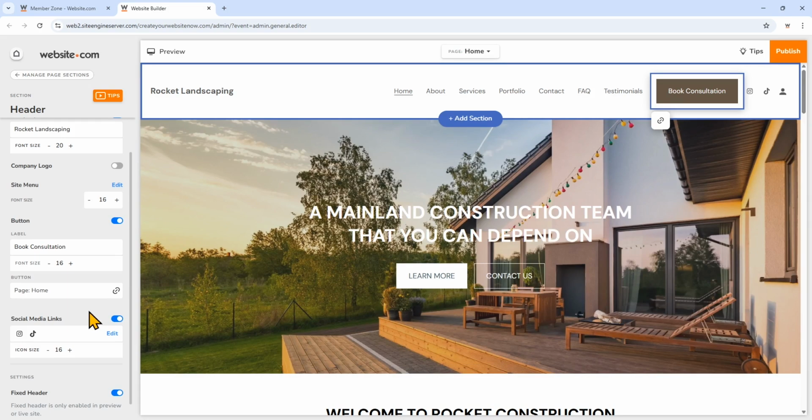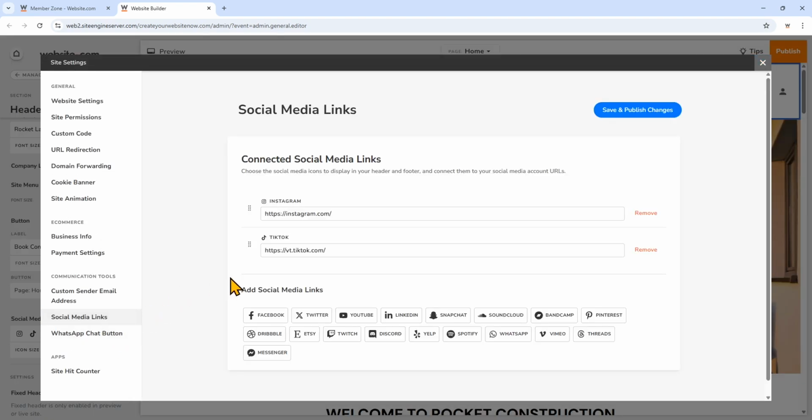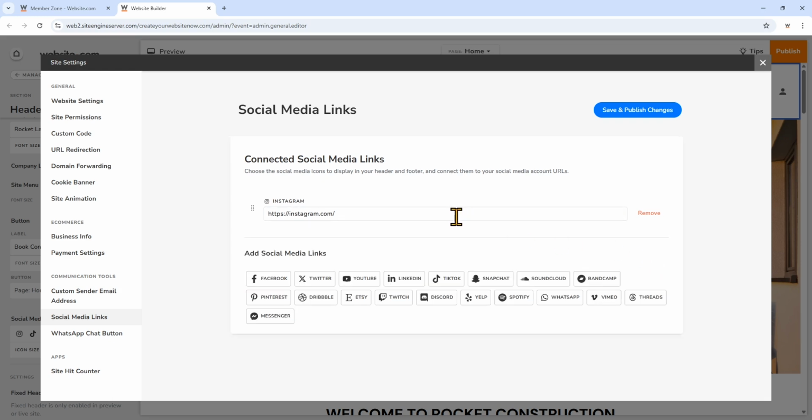Now you can choose to edit the social media links to bring traffic to your social media accounts. Right here, we'll just click Edit, and you can add the URLs to your social media accounts right here. You can remove the ones, so right now it's showing Instagram and TikTok. I'll remove TikTok. I'll put in the URL for my Instagram profile. And now I'll add more social media links.